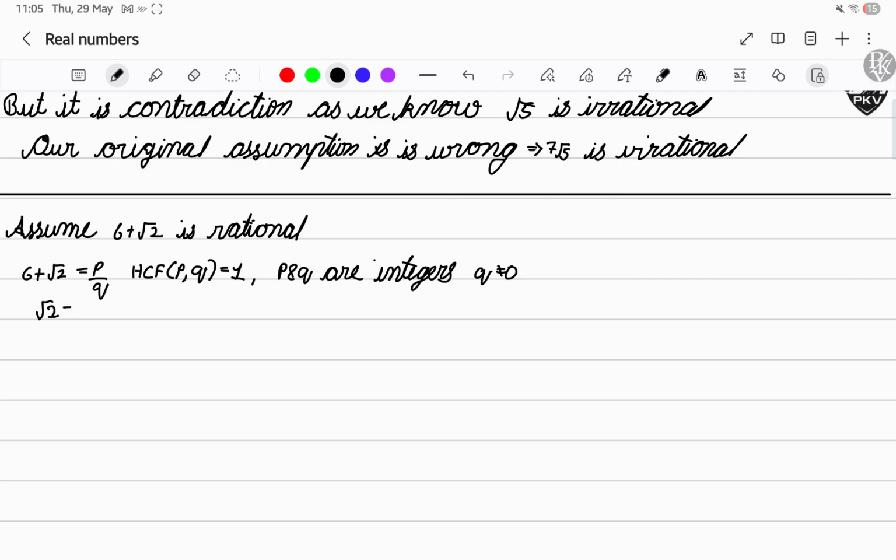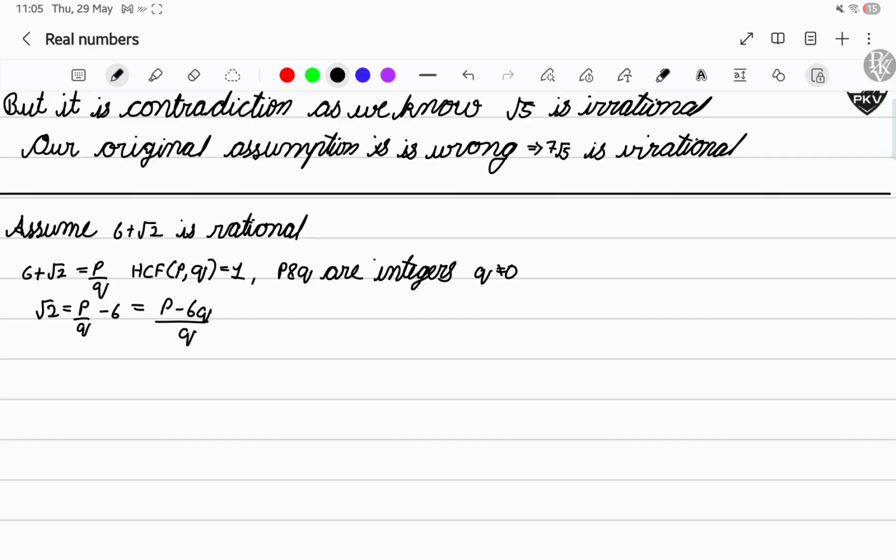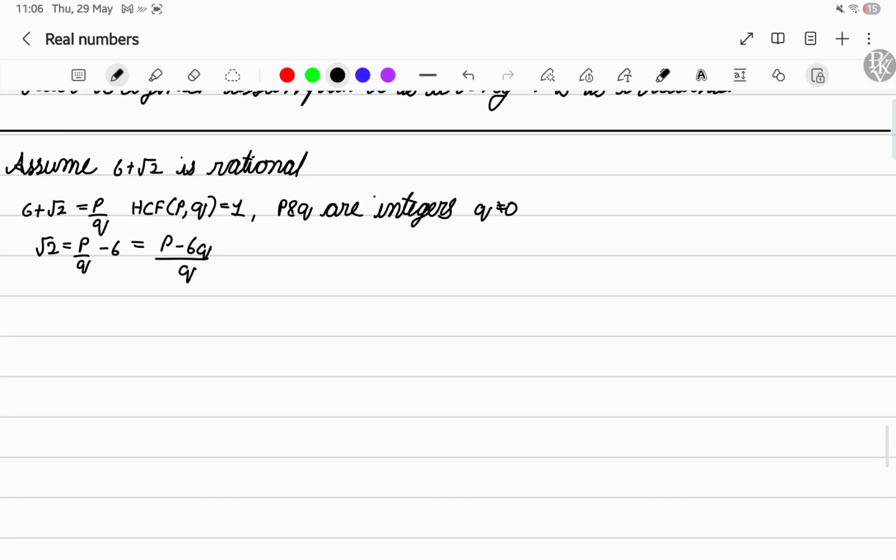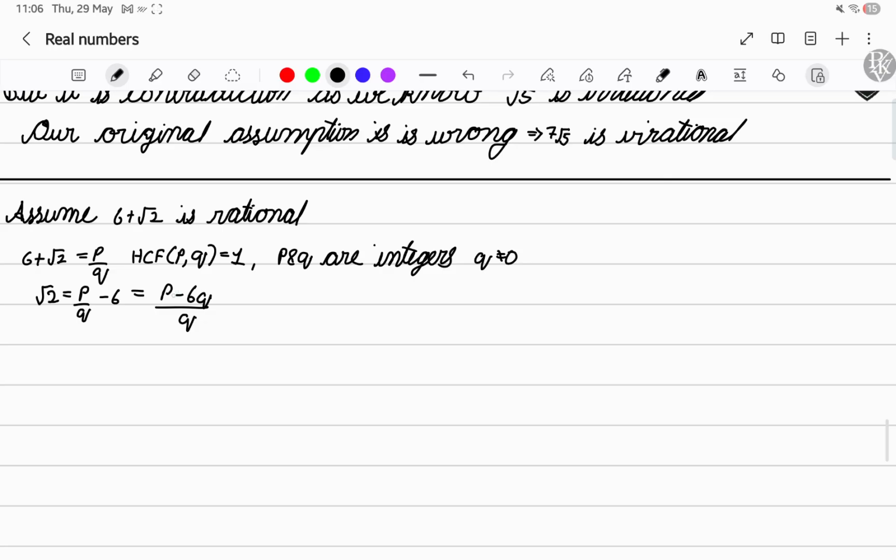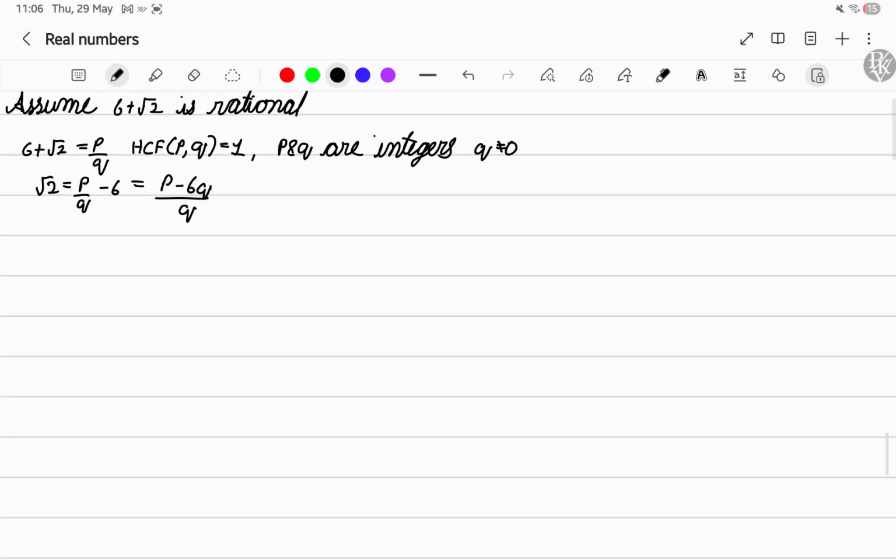So now we can write that as root 2 is equal to p by q minus 6. That will be p minus 6q by q. See, if p by q is rational, p minus 6q by q is also rational. You need to write this down. Okay, in the actual answer you need to write, since p by q is rational, p minus 6q by q is also rational. That implies that root 2 is rational, but